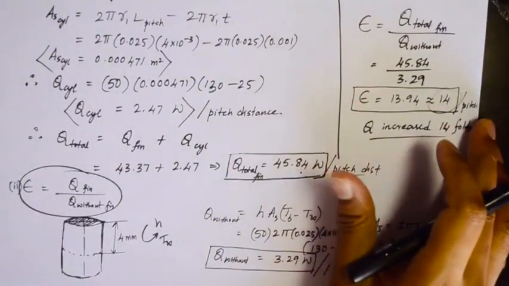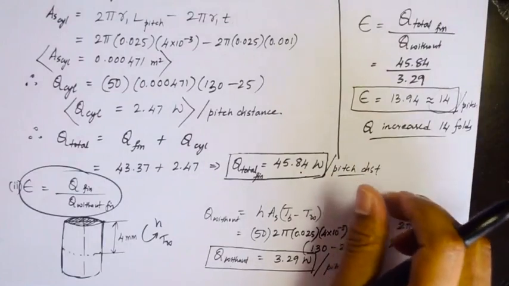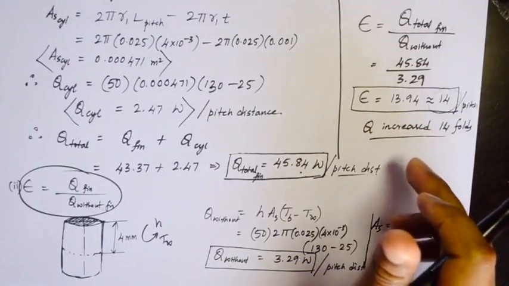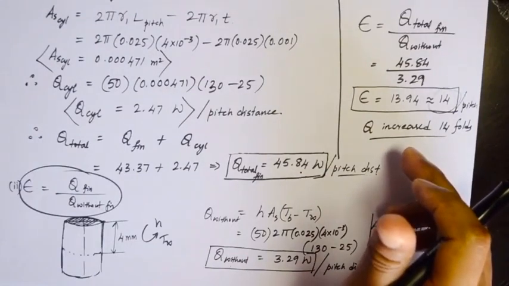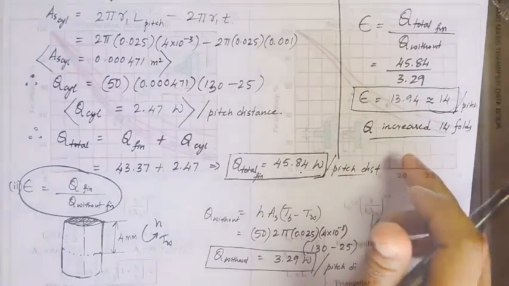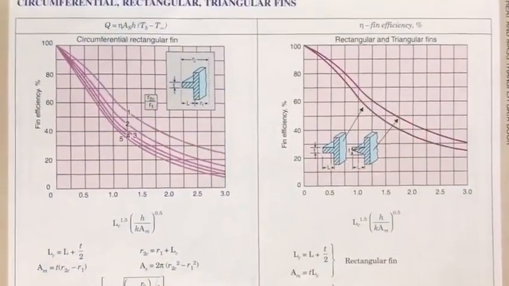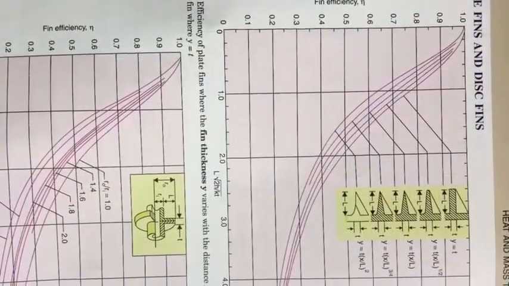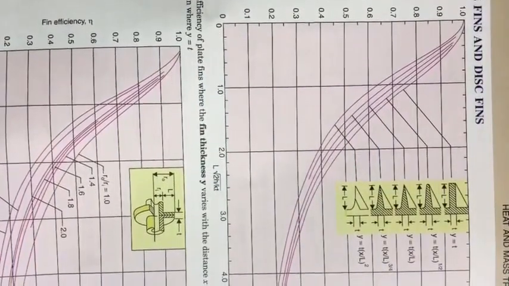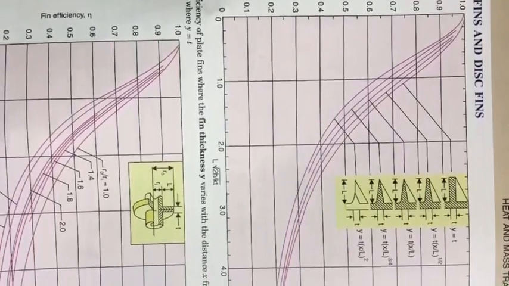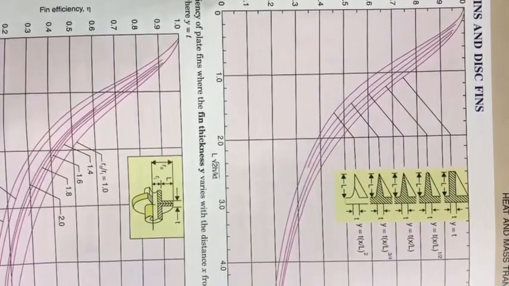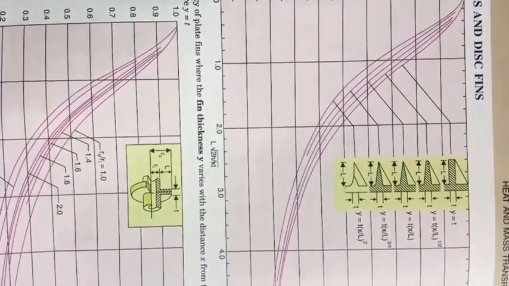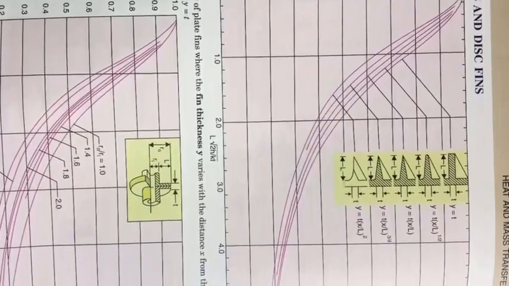This is a different kind of problem that you will see because you need to refer the graph. In the same way, you also have other problems where the fin cross section will be given in a different way, and with respect to the shape of the fin, you will have different graphs found in the data handbook. Here you can see the circumferential fin and a separate graph for the rectangular fin. You also have different shapes of cross sections what you see in the data handbook. With respect to what type of cross section fin is given in the problem, you can refer to that graph from the data handbook and take the formulas related to that particular cross section of the fin.